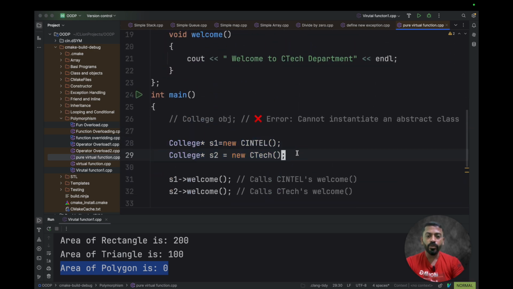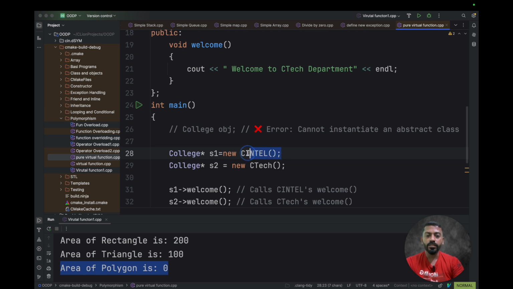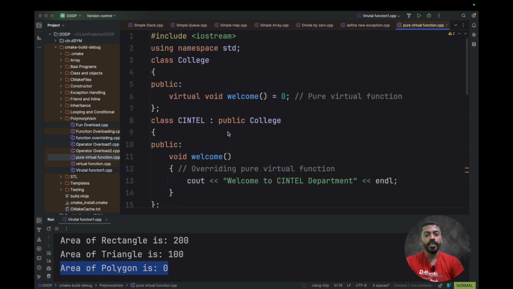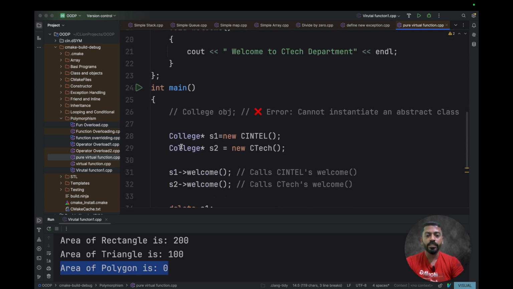While creating the objects in the main function, see here College star s1 is equal to new Sintel, which means s1 is an object created through the parent class. Through the parent class we created objects for Sintel as well as CTEC, so there are two objects, s1 and s2. When those objects call welcome, the respective definition is reached through the virtual table. The first one gives its answer, and the second welcome call goes to the second